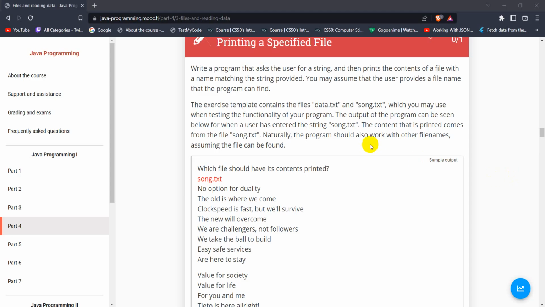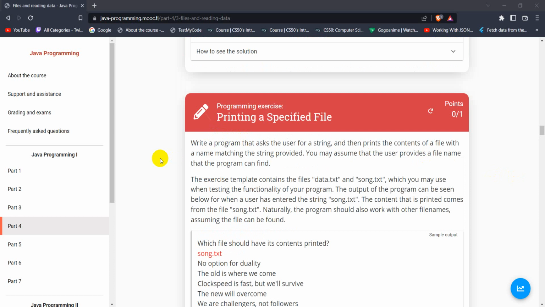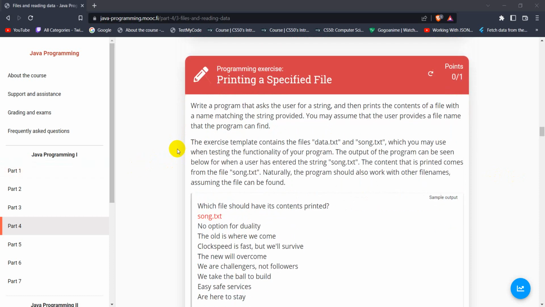This is problem 425, printing a specified file, under the Java MOOC course and under the section Java Programming 1. So we have